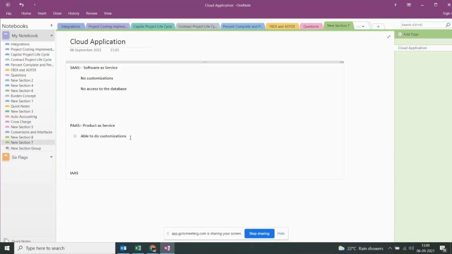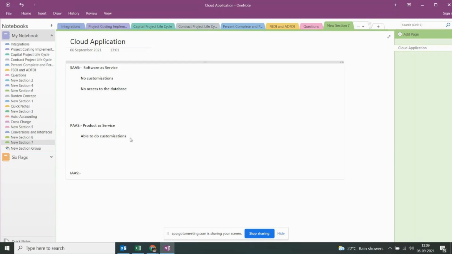Yeah, so we are able to do customizations, but all the servers and databases are maintained by the Oracle company. And again, coming to the IaaS, infrastructure as a service.